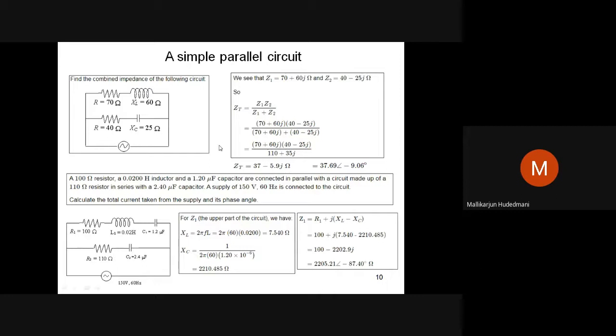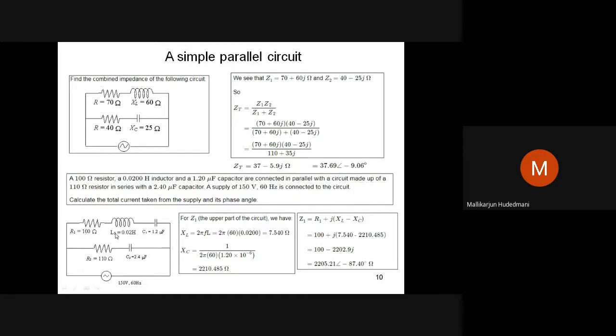If you would like to get the answer in polar, you can do it in any calculator, either the 991 MS or 991 ES. Type this number, then accordingly use shift plus r theta, or shift to go for the types of display. You can use these two easily, so you can convert them to polar. It's very easy. So my friends, I suggest you, please try whatever I have presented on this page once with your personal calculator only. Don't depend on your friend's answer, so that the confidence is there with you.